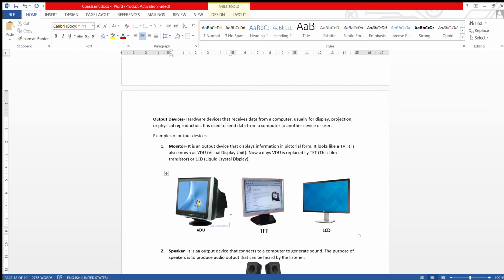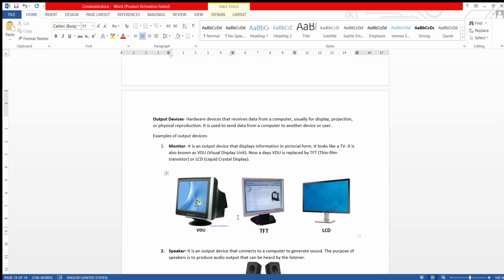That's why we shifted from Visual Display Unit to TFT. But one advantage of VDU is there. Its life is more, they are more reliable than others. But the problem is it requires more power, more electricity.